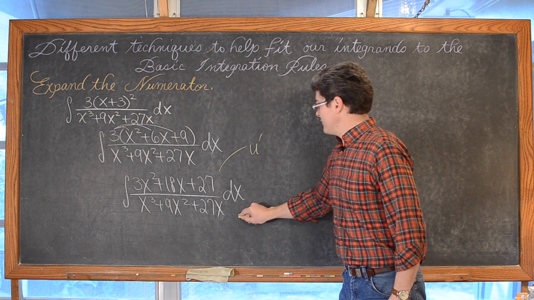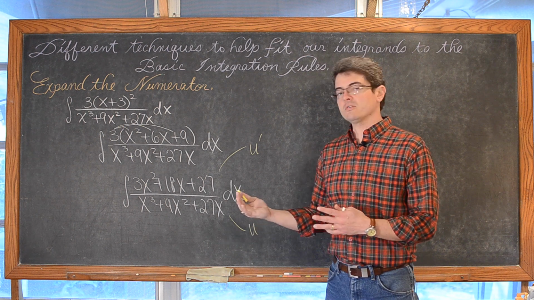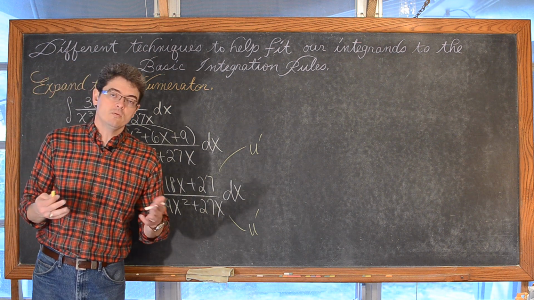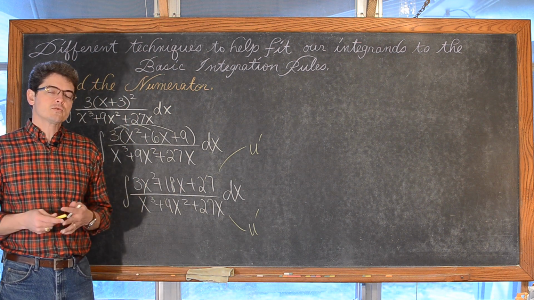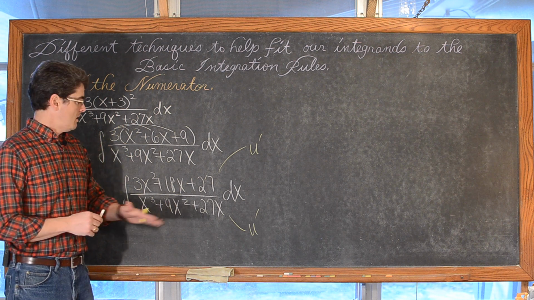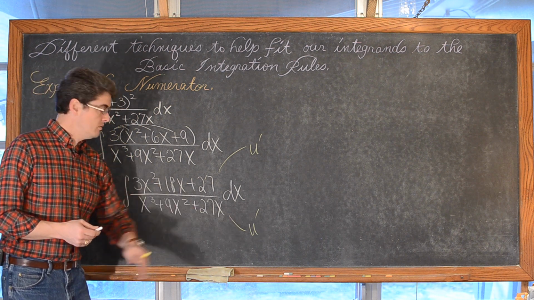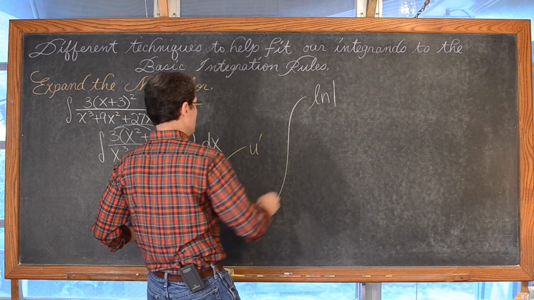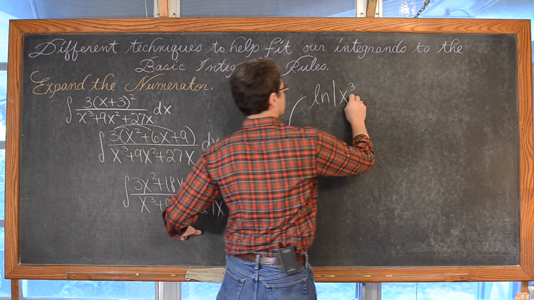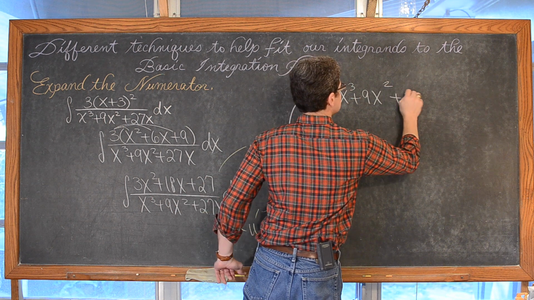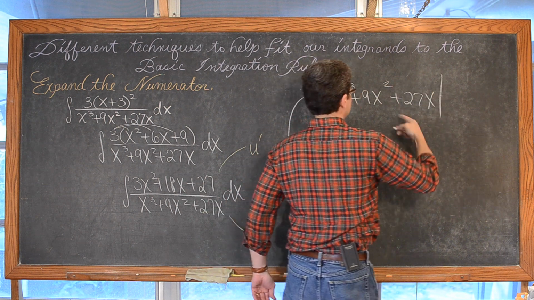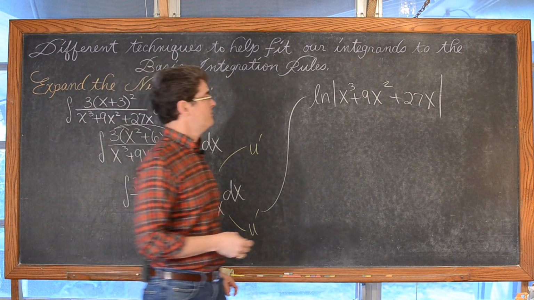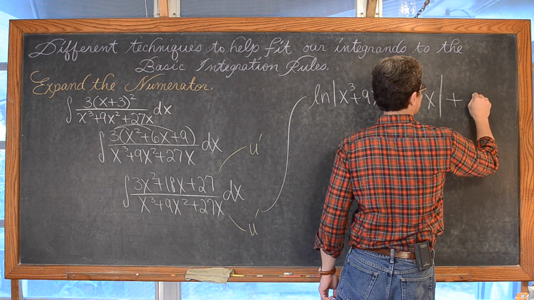If we just recognize that pattern for this particular question, then we know, hopefully, that the indefinite integral of du over u is equal to the natural log of the absolute value of our denominator, our u, plus c. All right, so bringing that up here, we have the natural log of the absolute value of x cubed plus 9x squared plus 27x, and you can't take a log of any base, certainly not a natural log, of a negative number. So this needs to be wrapped up in a set of absolute value symbols.